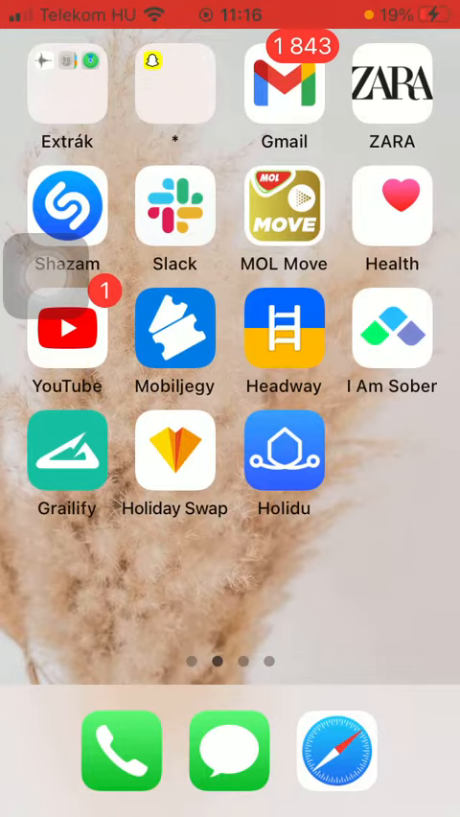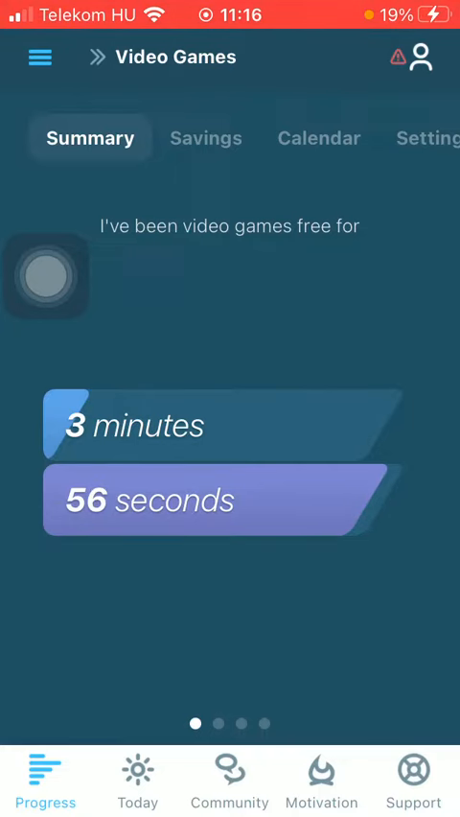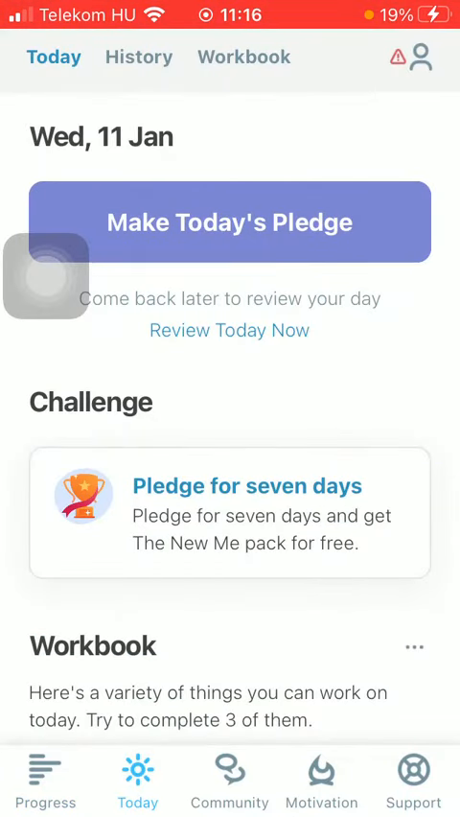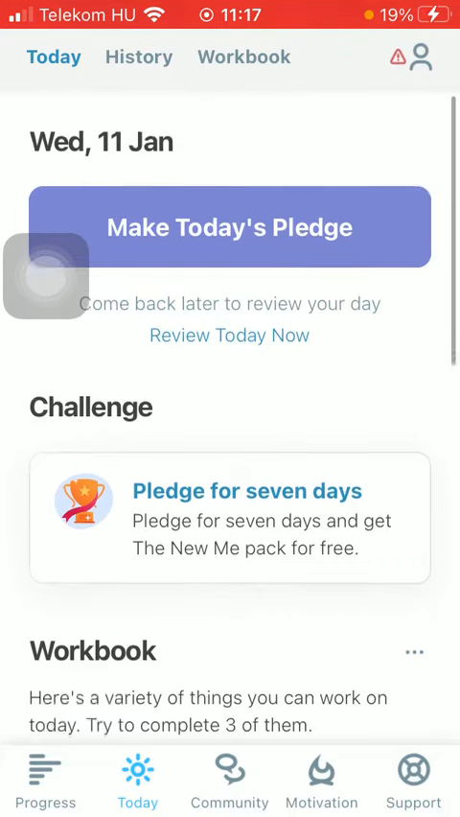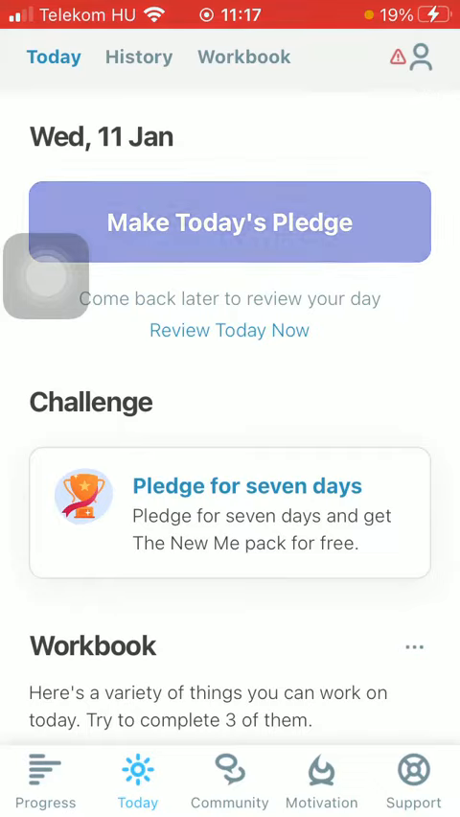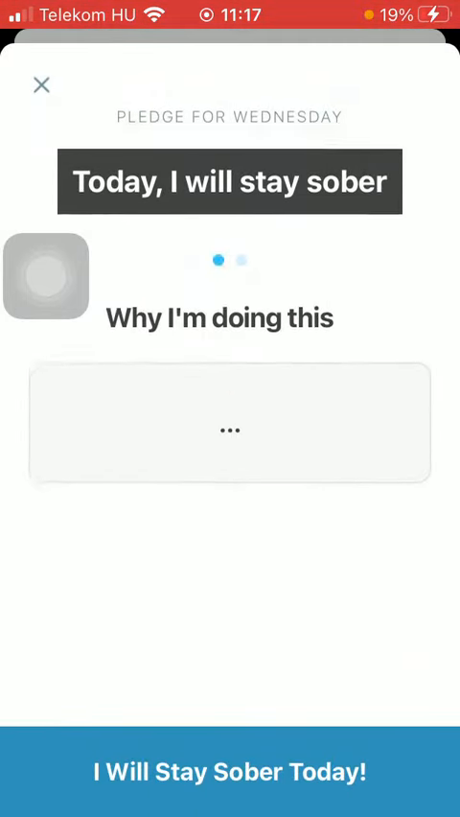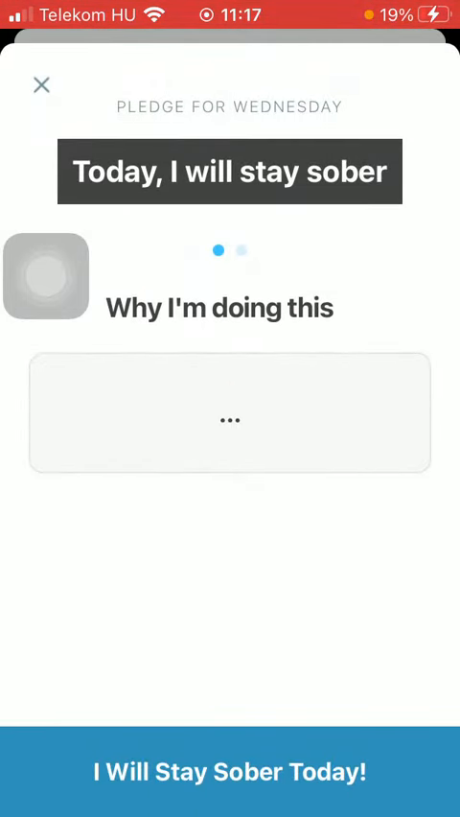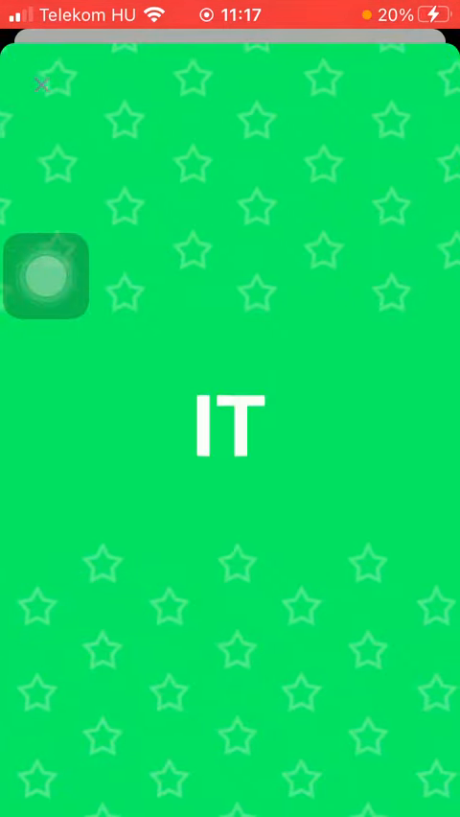First of all, open the application on your phone. After that you should tap on the Today button down below, which is the second button, and after that you should tap on the Make Today's Pledge button at the top. So tap on it, and here you can set the pledge for Wednesday, and then you should type in why I'm doing this. So tap on the I will stay sober today,